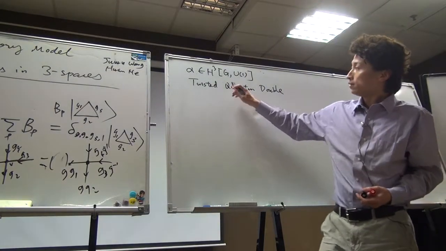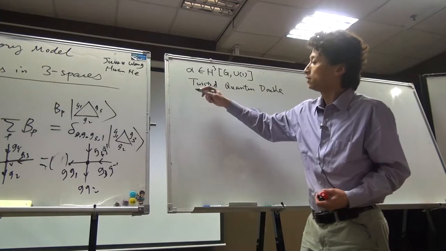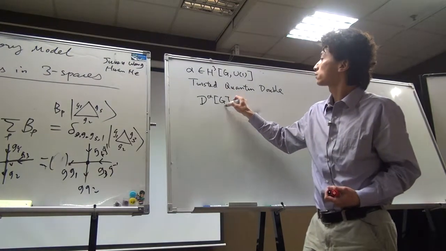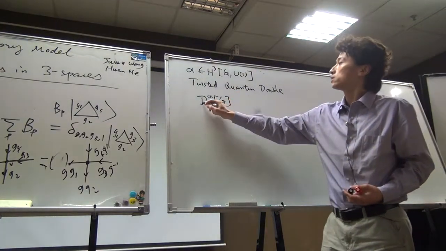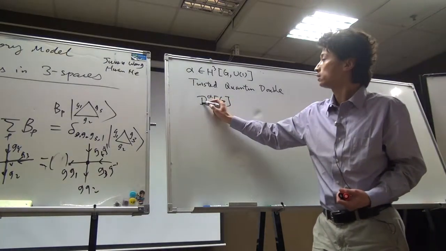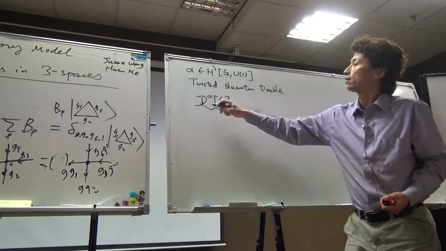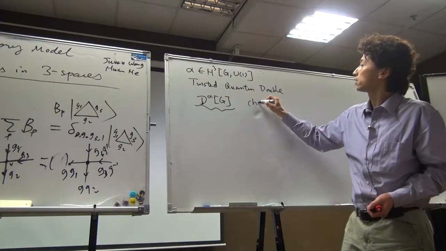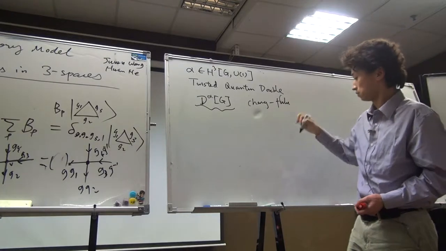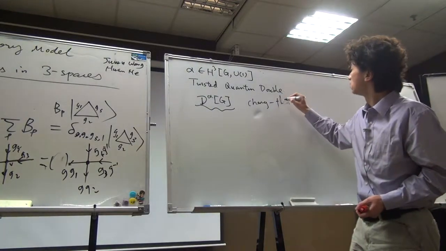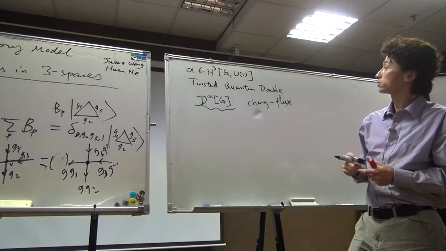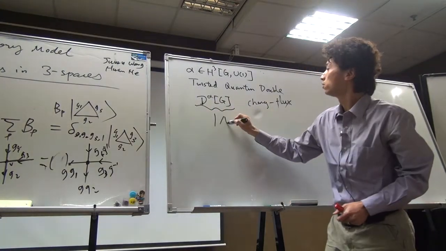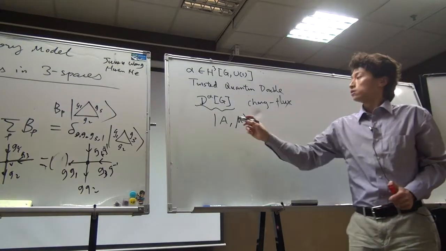Twisted quantum double model. The reason is that in the end, you can see that the ground states of such a model take representations of a mathematical structure called twisted quantum double. This is actually a quantum group. And the reason why we have such a mathematical structure is because it actually encodes the charge flux duality of the system. So which means the ground states of such a model can be labeled by two indices,